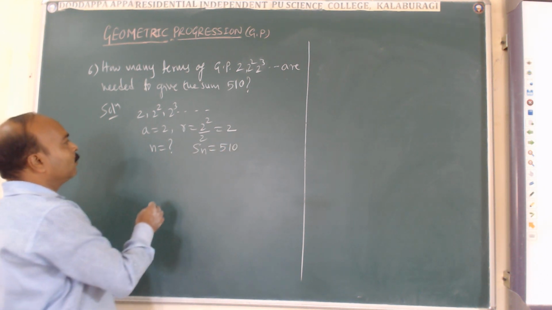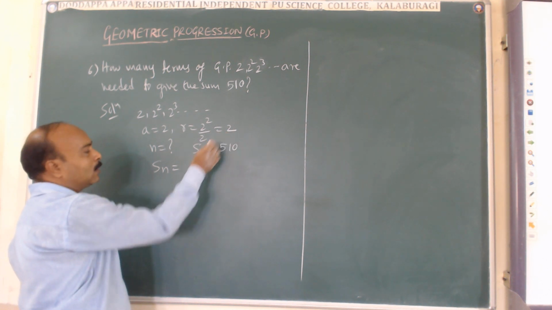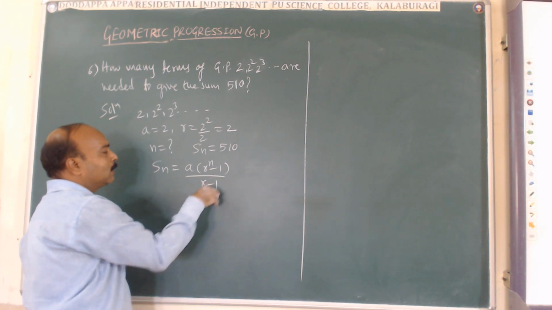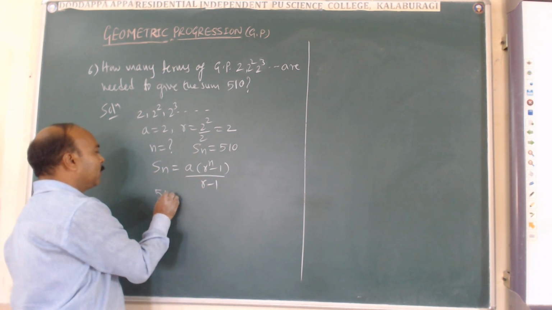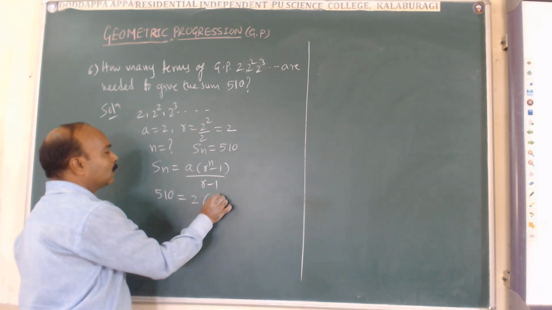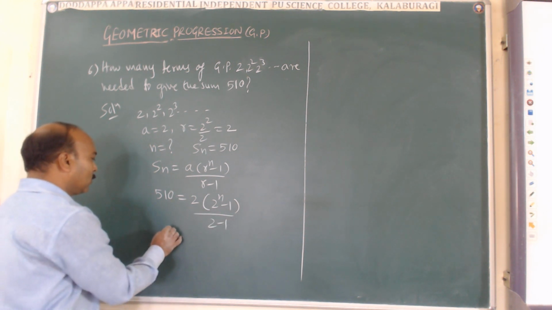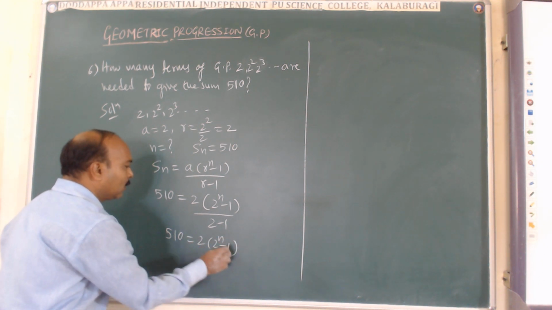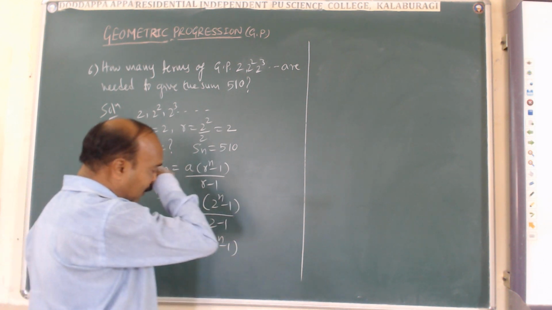Now once again go for the Sn formula. Here r value 2 is greater than 1, so we get a into r raised to n minus 1 by r minus 1. This is the required formula for Sn. It is given 510. A value is 2. It is 2 raised to n minus 1 divided by 2 minus 1. So we get 510 equal to 2 into 2 raised to n minus 1, and 2 minus 1 is 1. And taking this 2 to this side,